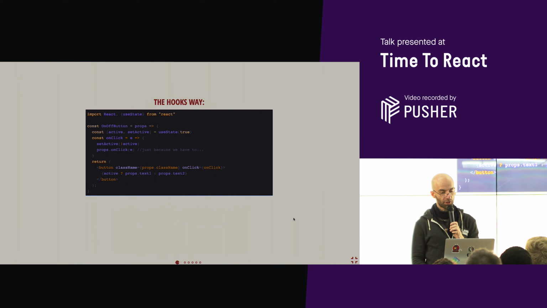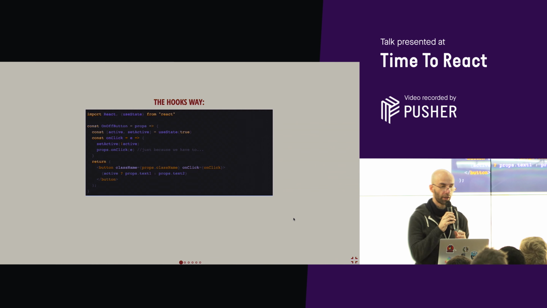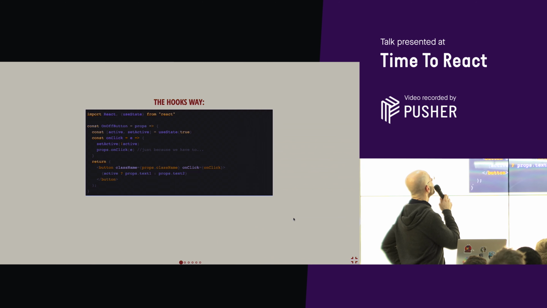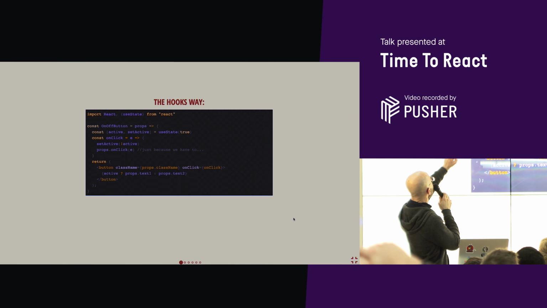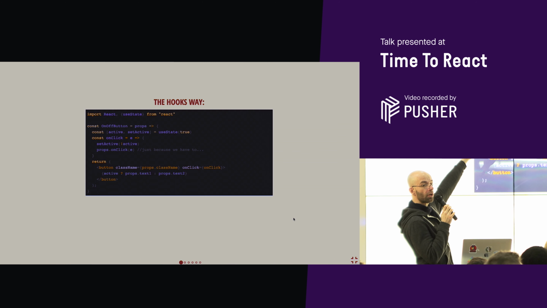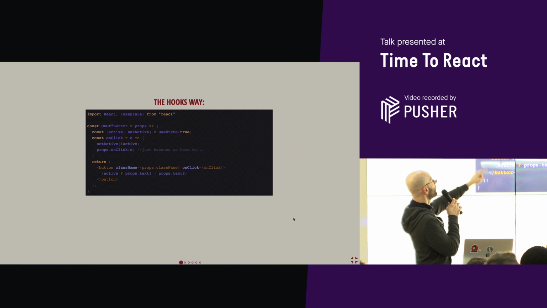And let's see how we can achieve the same using the hook way, which is nicer, we'll say. So what we see as a difference compared to the button component, the functional component before. First of all, we import something else, useState, there on top, directly from React.